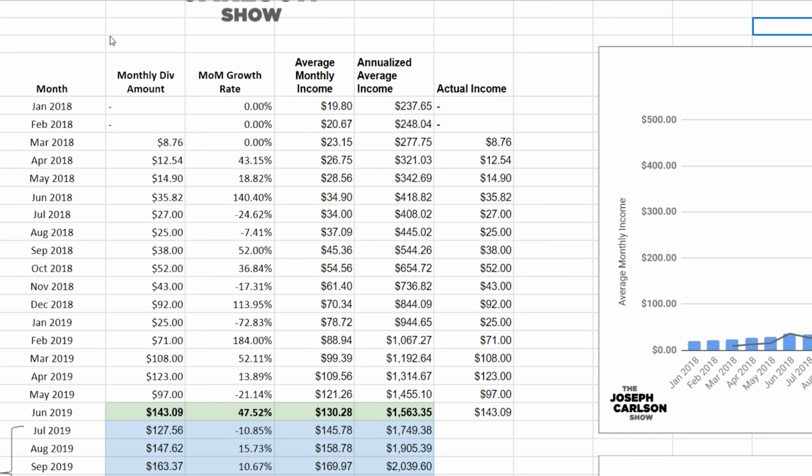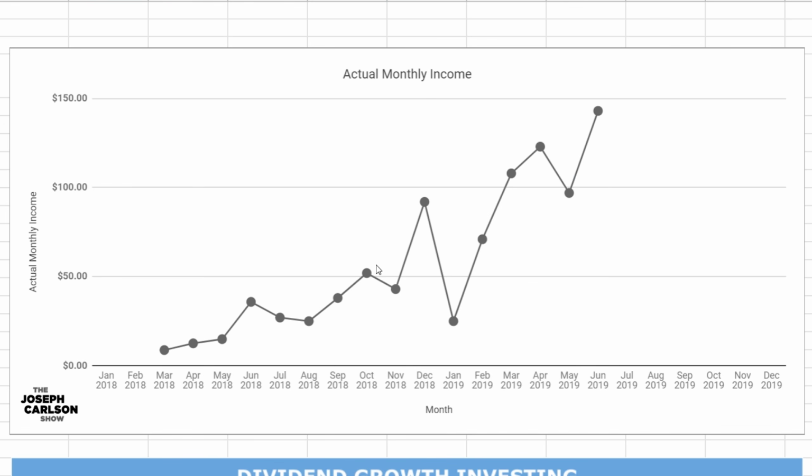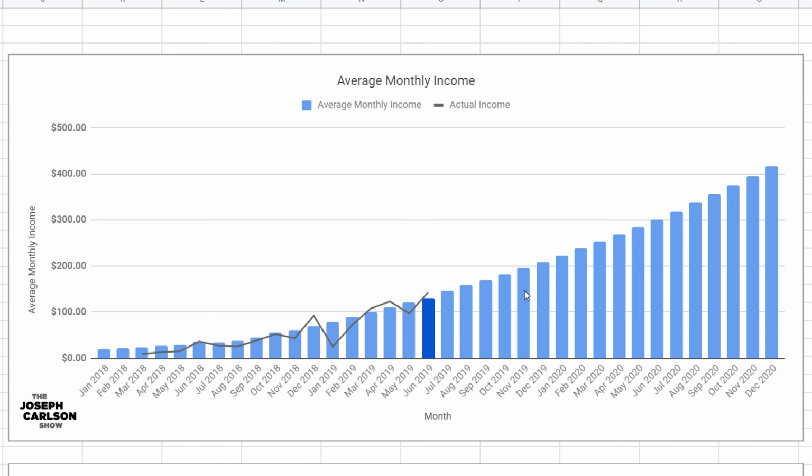Like a year and a half. The more data points you have, the more accurate this should be. Because what happens is this right here is pretty volatile month to month, but the data averaged out over a longer period of time gives this formula a better idea of how much money you're making.